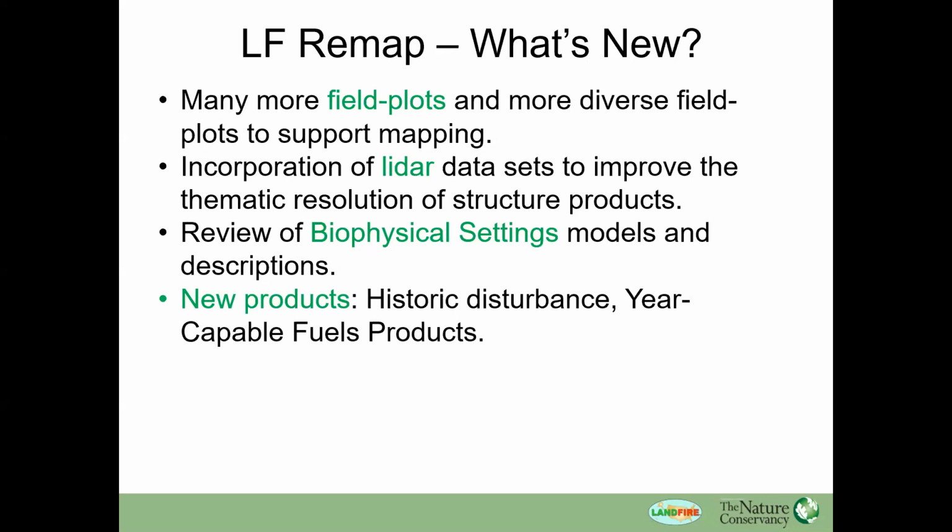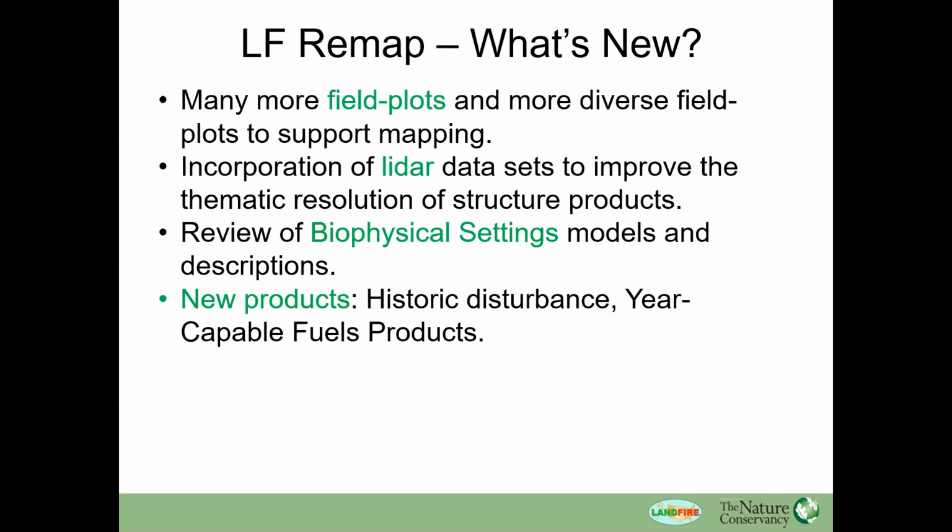Here's where we have a couple of new products. We have a new way to provide disturbance, which is what we call historic disturbance, which actually combines the disturbance over the past few years that may have occurred on a pixel. So if there were 2 or 3 disturbances in the past, annual disturbance layers would have contained it, but the compiled disturbance layer only would have had the last disturbance on that cell.